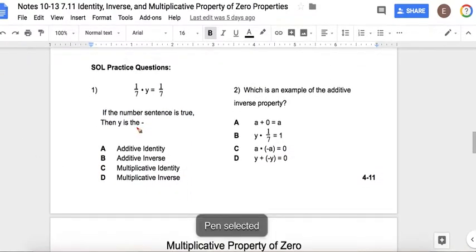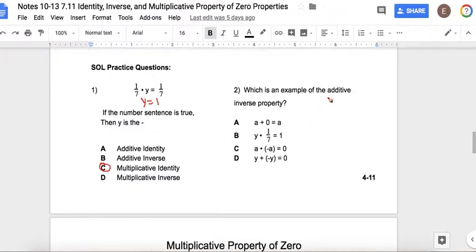So, if the number sentence is true, then y is the blank. So first of all, let's figure out what y is. 1/7 times blank still equals 1/7. So that must mean that y equals 1. And if I'm multiplying by 1, that is the multiplicative identity property,